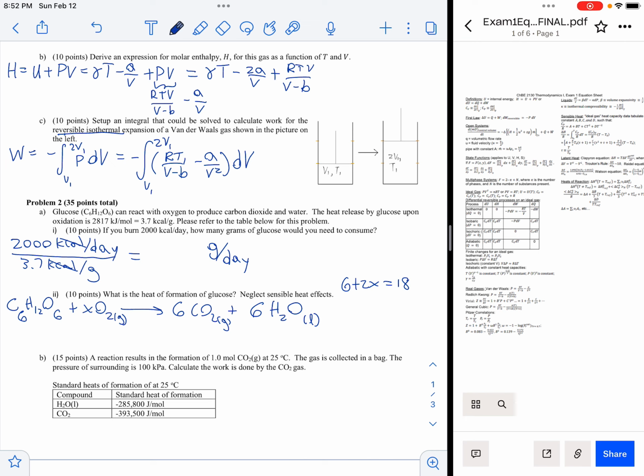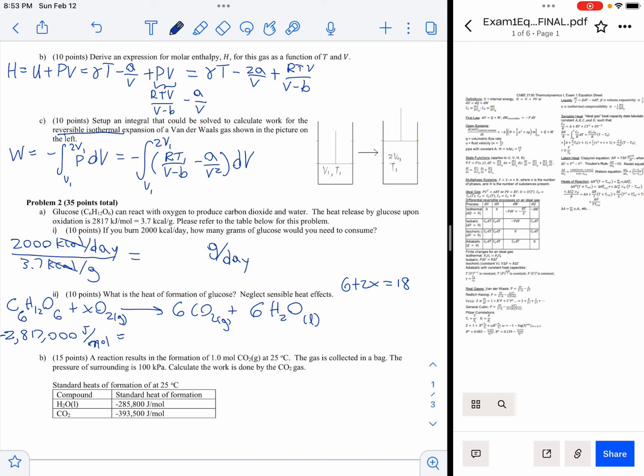So the delta H of the reaction, let's see, joules per mole. I'm going to use the same joules per mole. So the delta H of reaction is 2,817,000 joules per mole. And that's an ugly M, sorry. That's the delta H of the reaction. I would expect that to actually be negative because it must be producing energy. It doesn't say that, but if you're producing energy, it should be negative. Oh, it is heat released. Okay. And so this is going to equal